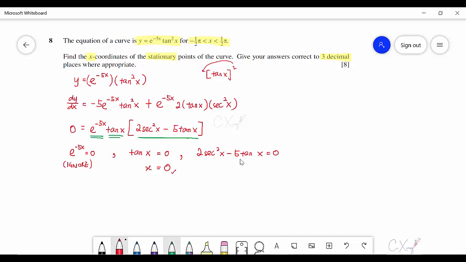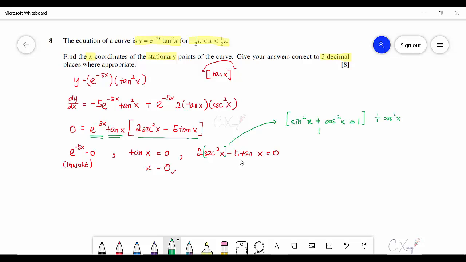The first method is to consider whether there is any identity related to sec²x with tan. We learned one identity before, which is sin²x plus cos²x equals 1. And if you divide the whole equation with cos²x,